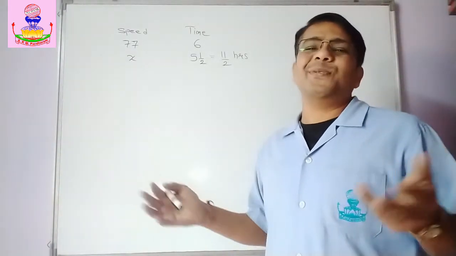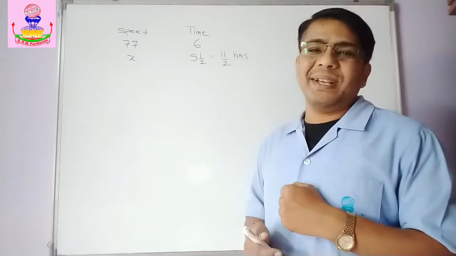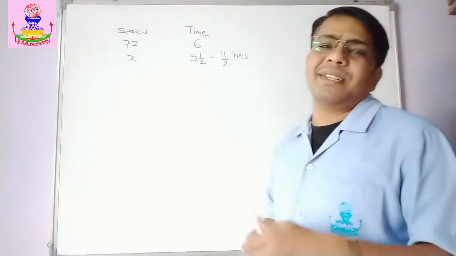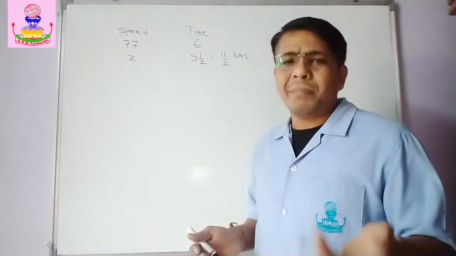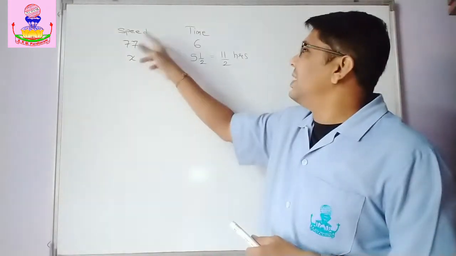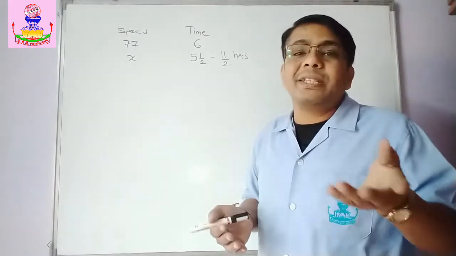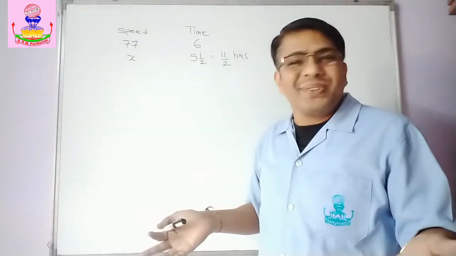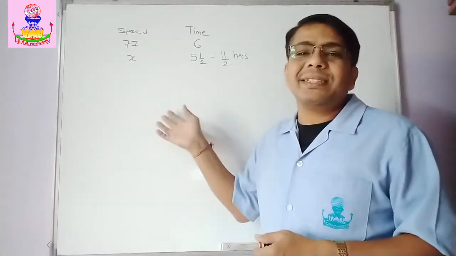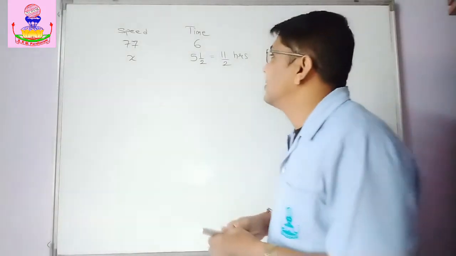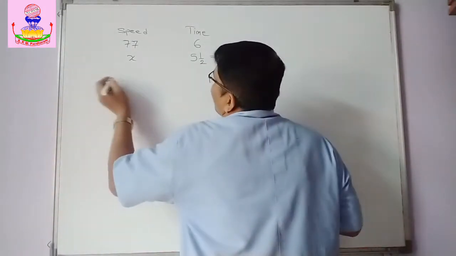So, yes, obviously it is inverse variation. And in inverse variation, what is constant? The product is always constant. Speed into time. And we know the formula too, you can go by the formula also. Distance is equal to speed into time. Okay, by using that also you can calculate the answer.